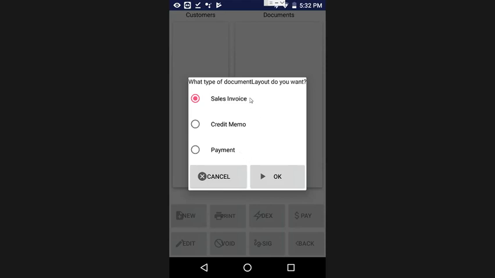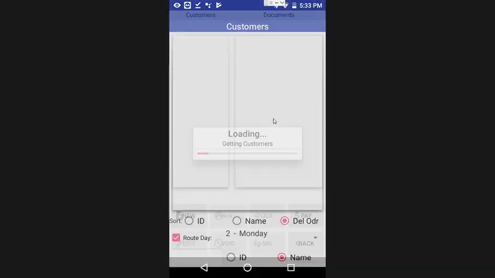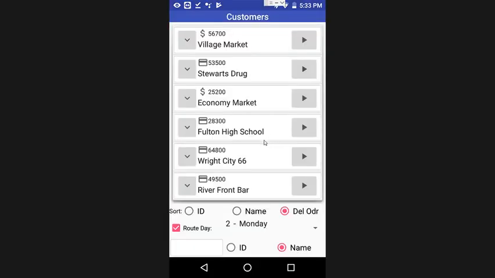The invoice option, since I'm in a mode that we call orders with confirmation, is going to allow you to do this: the sales transactions will start as an order, and then you have the opportunity to confirm it or turn it into an invoice. So sales invoices in this mode is really talking about orders and invoices. We'll select the OK button to say we want to start that order, and then it'll bring us up